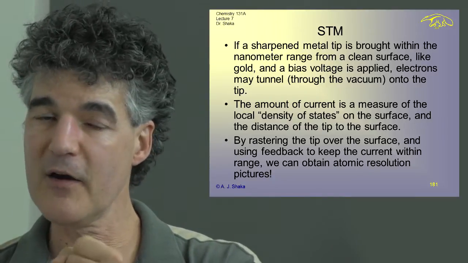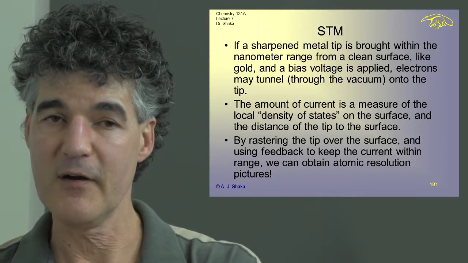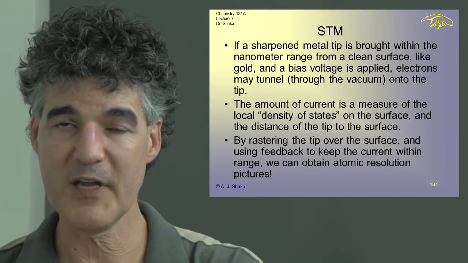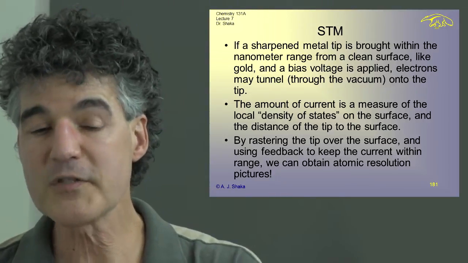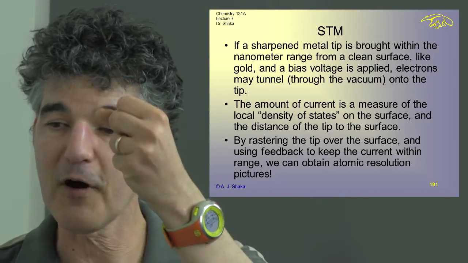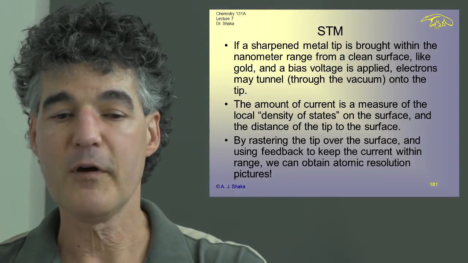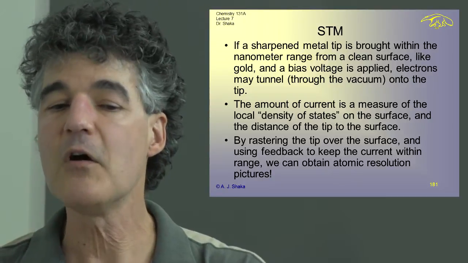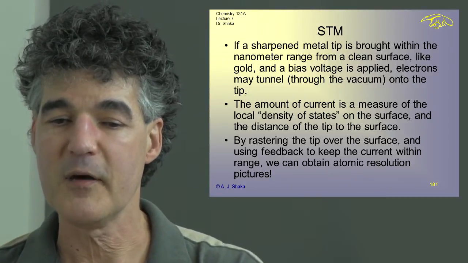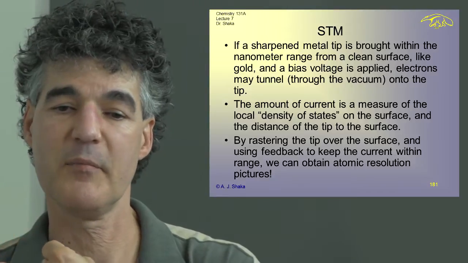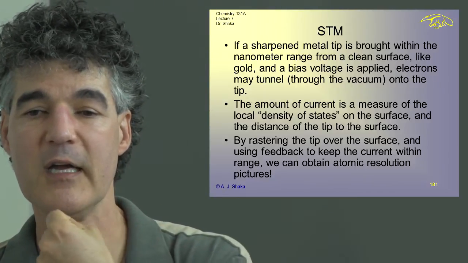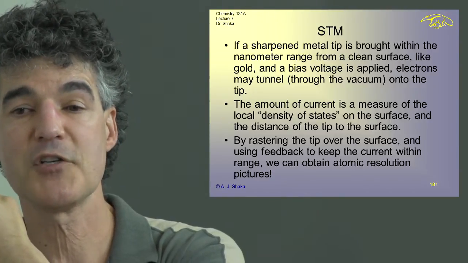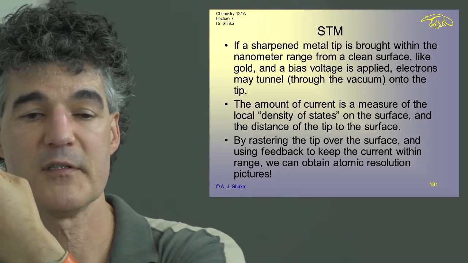And what we keep track of as a function of the value of the current, trying to keep it locked on to a certain value that's convenient, that means we're close enough to get something. We know we aren't too far away, we aren't getting anything. But we're far enough away that we can move reasonably. The problem is if we're too close and we come along with the tip and there's a mesa or something on the surface,